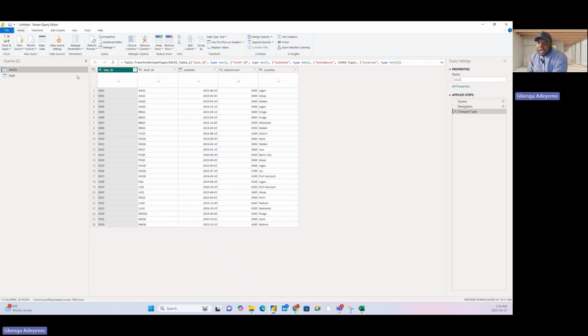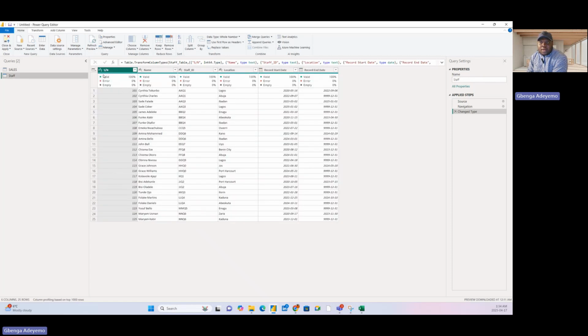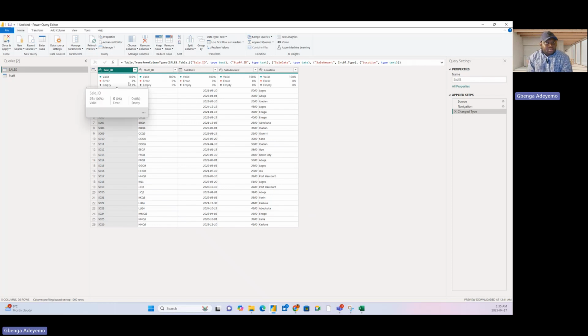So you know that I don't have this serial number on my staff table, right? But I don't have serial number on my sales. Now, the issue is that let's say I do a merge and I'm using the staff ID to return a serial number on the sales table. The problem with that is that if I'm using only staff ID, just like when we do VLOOKUP in Excel,